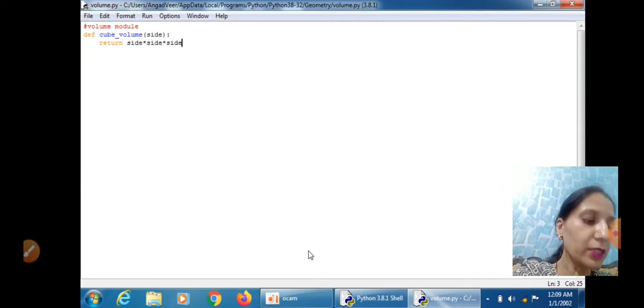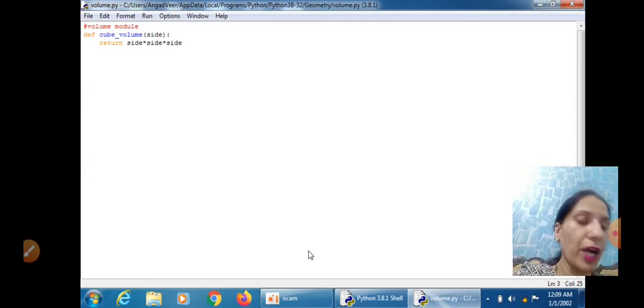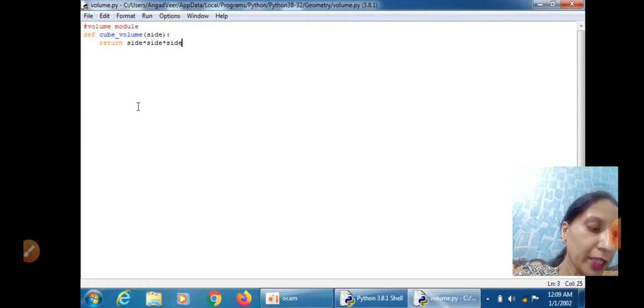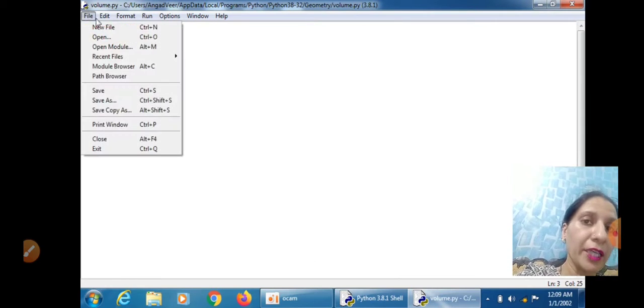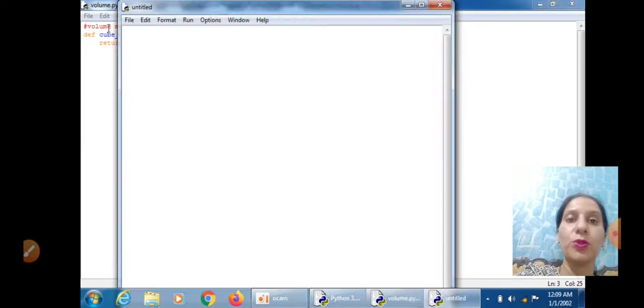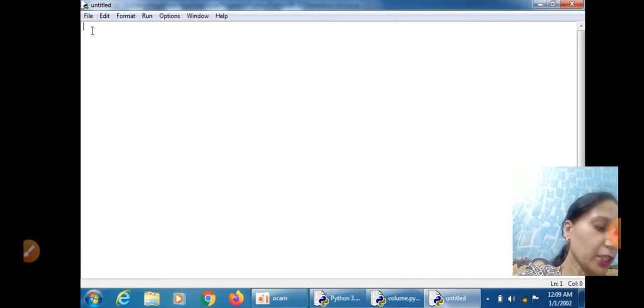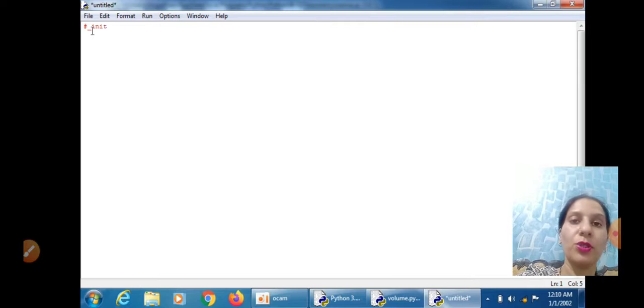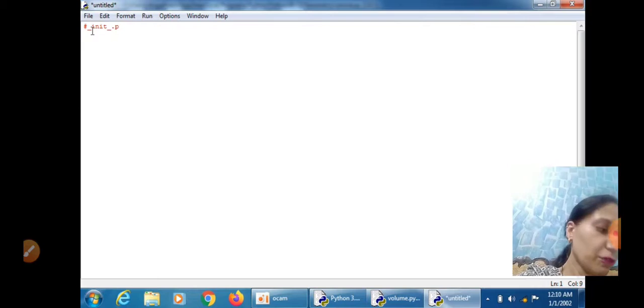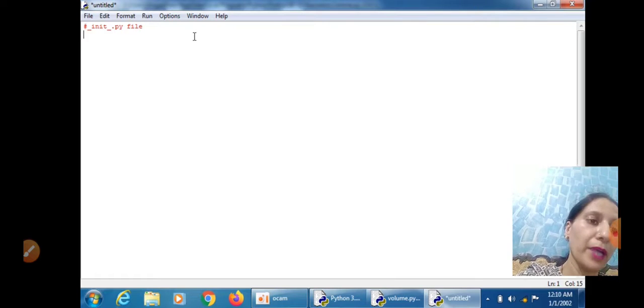Now the second step is to create the file __init__.py. Open a new file again and create the init file here. Init means initialize, and __init__.py is simply a file which is used to make Python consider the directories on the disk as packages.